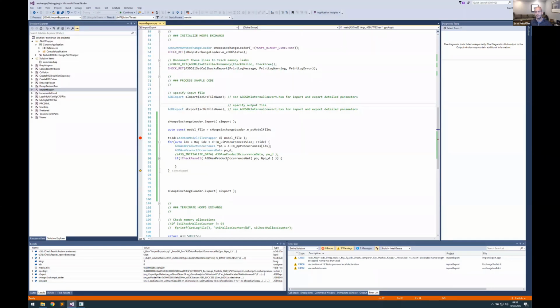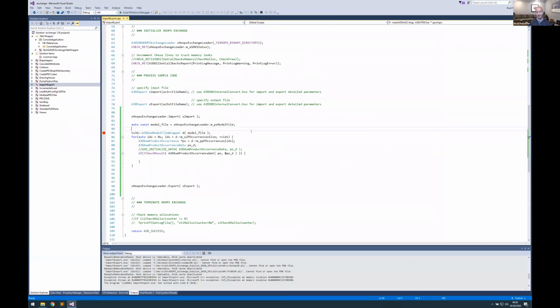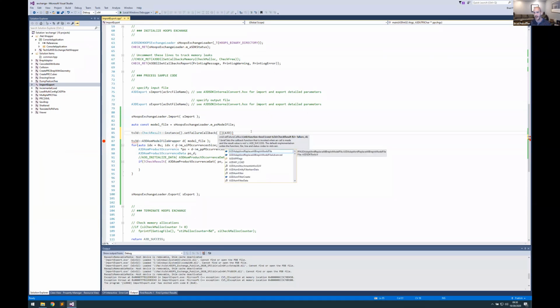So this could be used to more easily, so this saves lines of code because I don't have to write A3D_success all the time. It's just a Boolean. I can implement that failure to throw an error. So if I wanted to, I could say Ts3d check result instance dot set failure callback. Now this is a function object that takes the A3D status, sorry, the checker